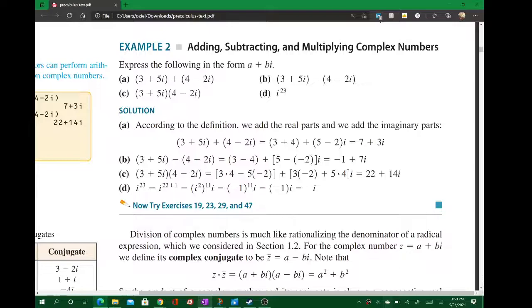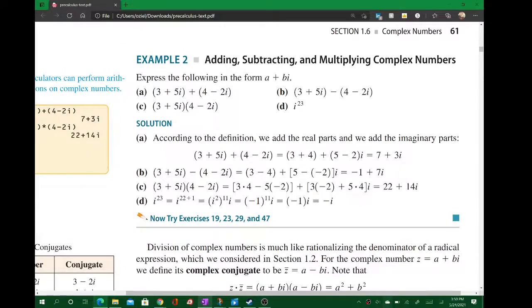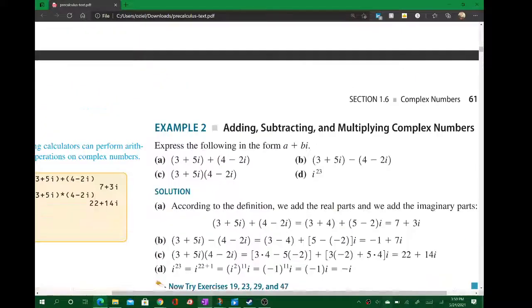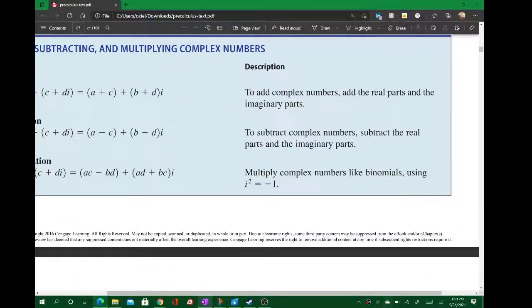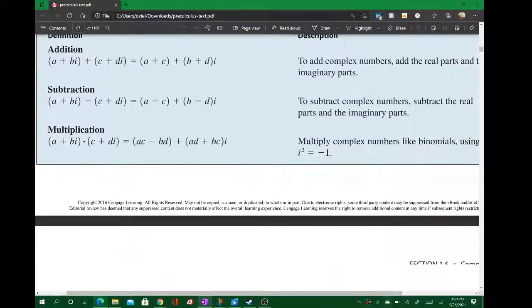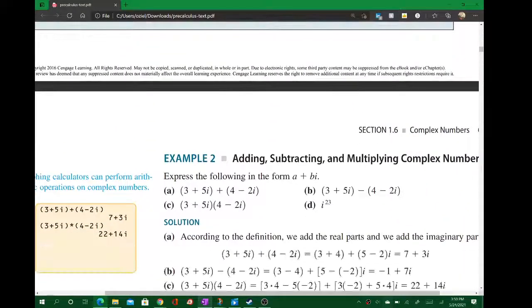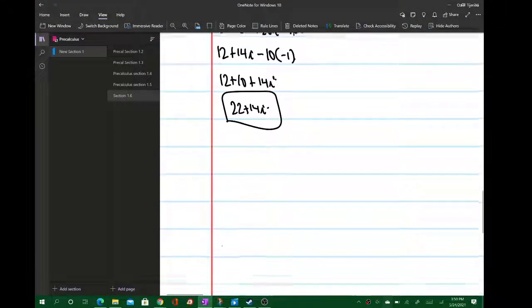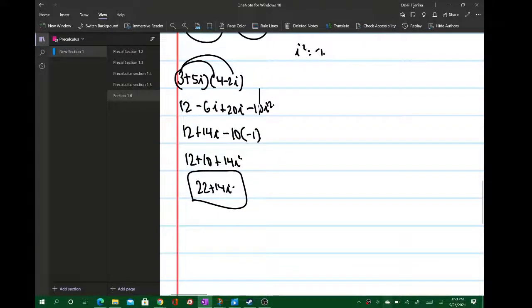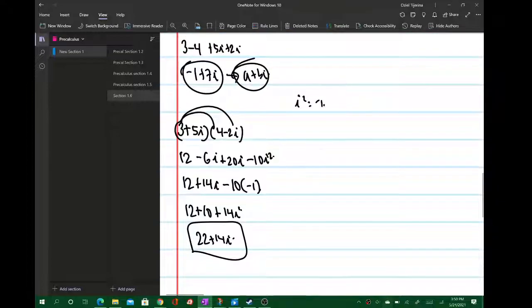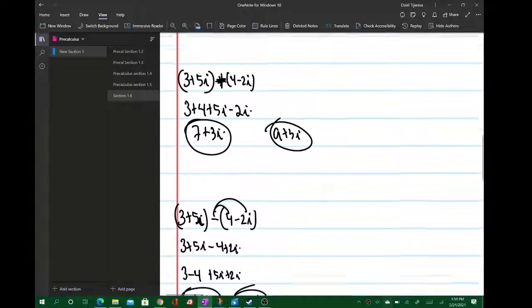So yes, as you can see, they used these properties, but again, you don't have to do that if you really don't want to. Basically how they did it, for the addition one, they said